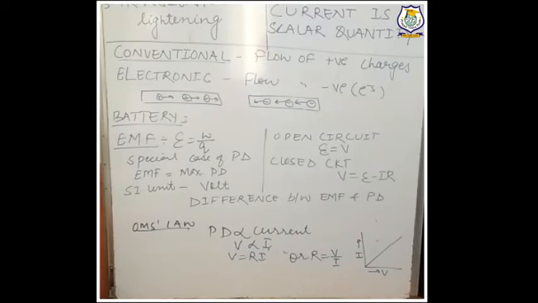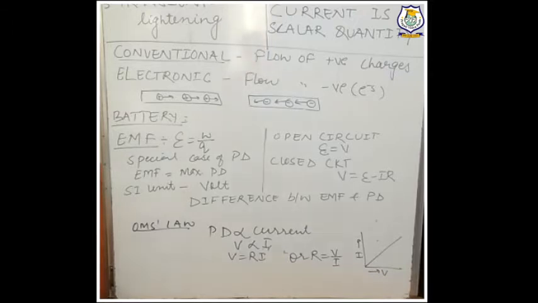Last is, EMF is equal to the sum of potential differences across all the components of the circuit, including the potential difference required to send the current through the cell itself. And every circuit component has its own potential difference across its ends. Means किसी भी सर्किट में किन्हीं भी दो पॉइंट्स के बीच में पोटेंशियल डिफरेंस निकाला जा सकता है.